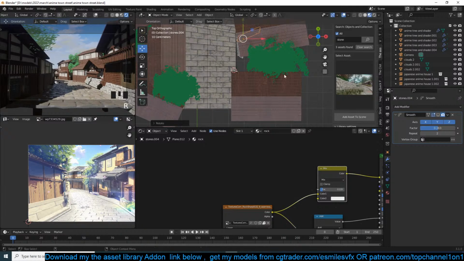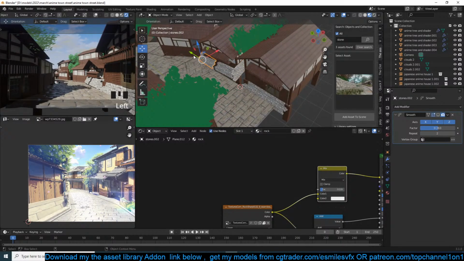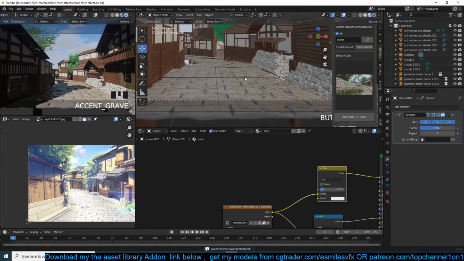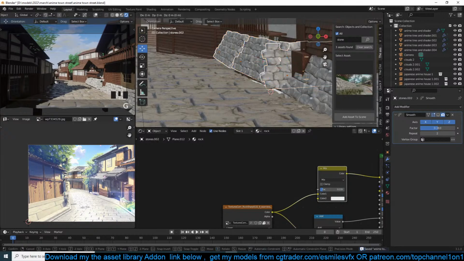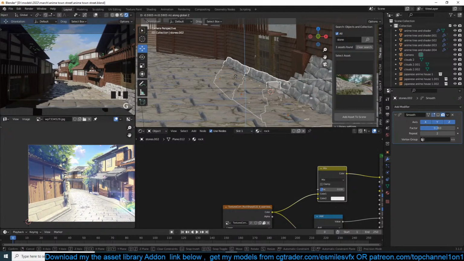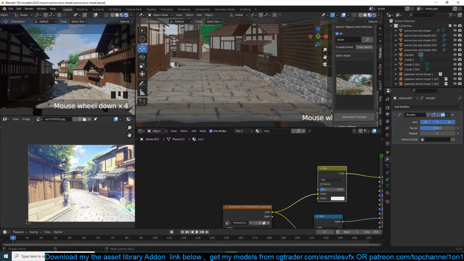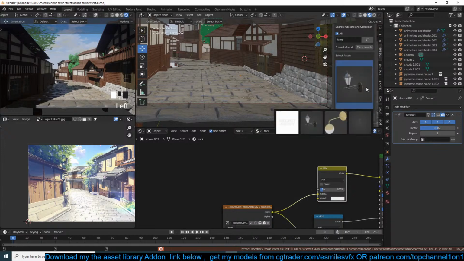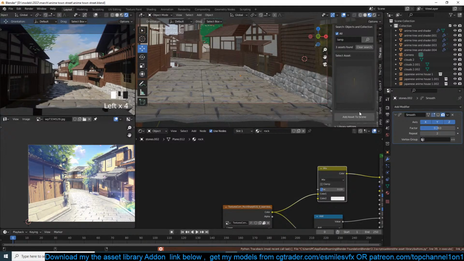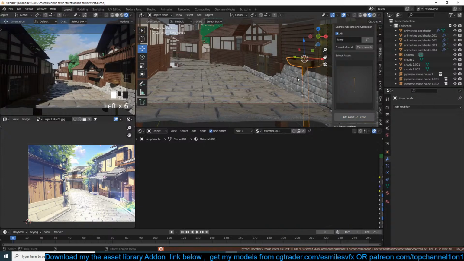Okay. Okay, something like that. Let me see, do I have a lamp? Street lamp? This one is not working for some reason. Anyway,